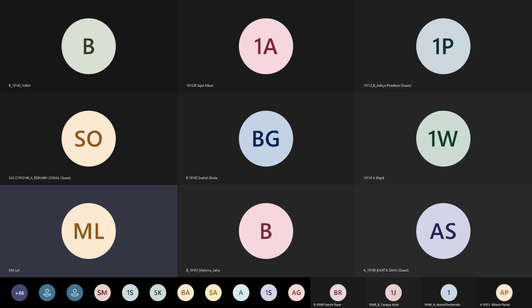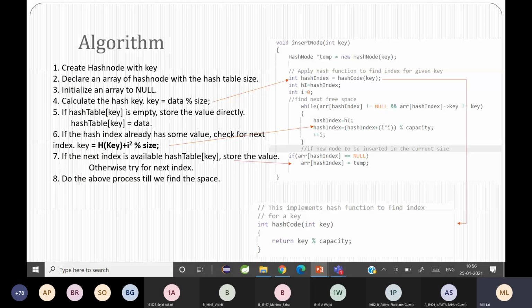In quadratic probing, you create the hash node of the key. A hash node contains the key, and then you create a hash table of a particular size and initialize every object of the hash table to null. Then you calculate the index using some hash function.